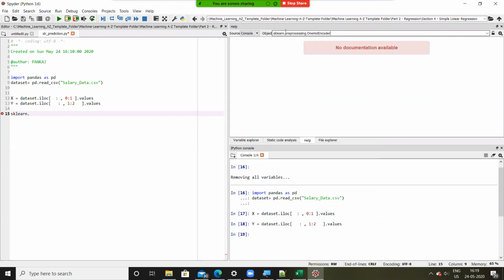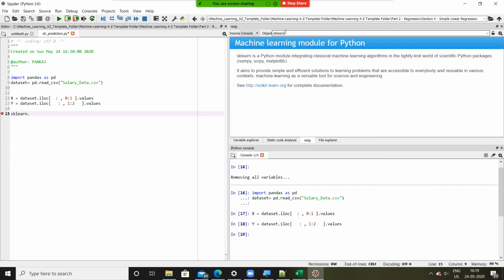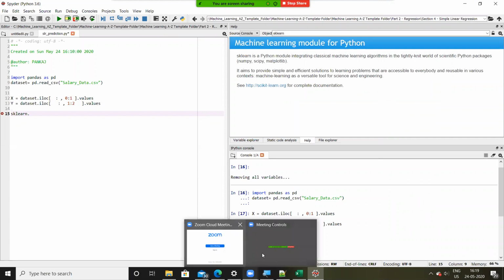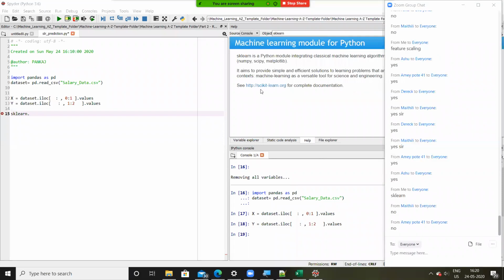Mention that sklearn is a scientific kit-learn library, or you can also call it scikit, S-C-I-K-I-T. All right, sklearn is a scientific kit library.